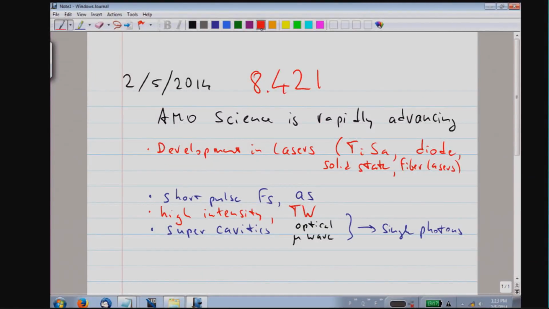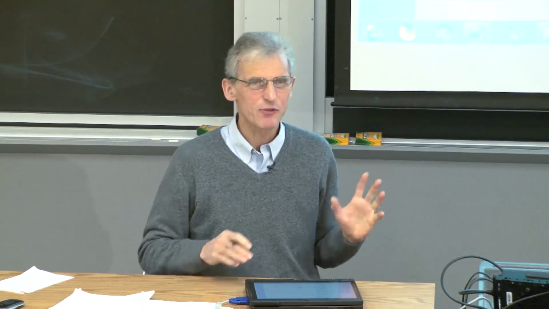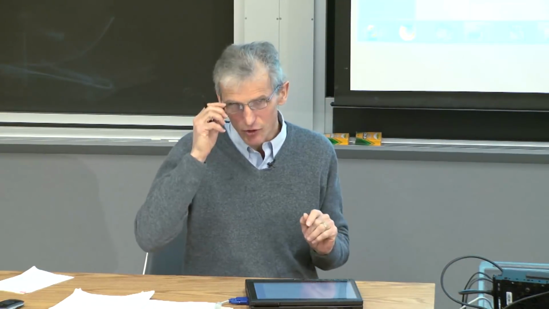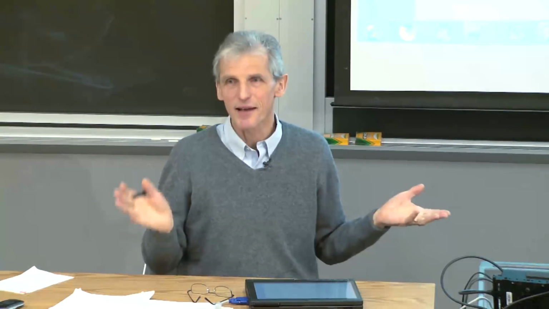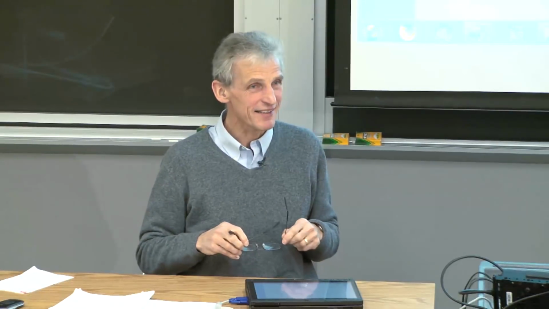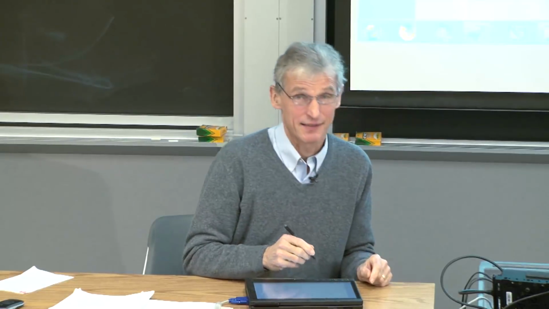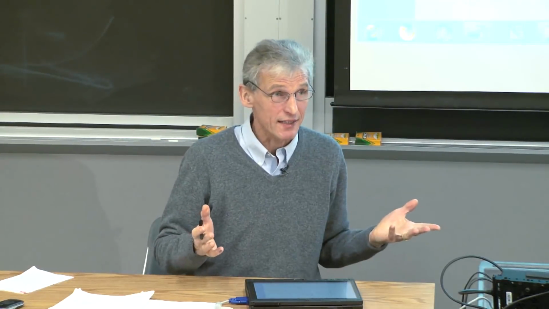Well, you can make major advances in terms of light: find new lasers, shorter pulses, higher intensity pulses, and things like this. But the other part of atomic physics, one is light, the other one are the atoms. We haven't invented new atoms yet. We still got stuck with the same periodic table,